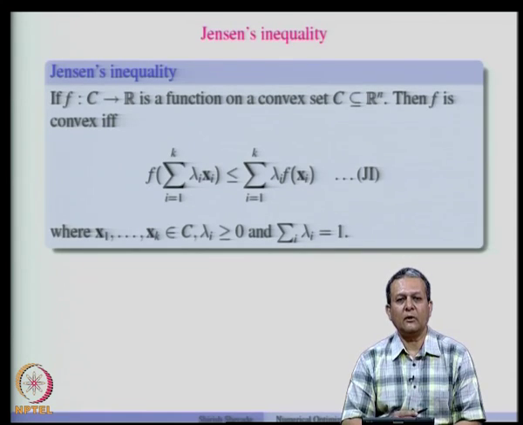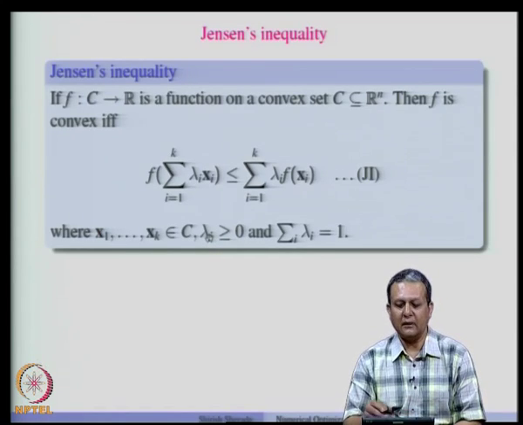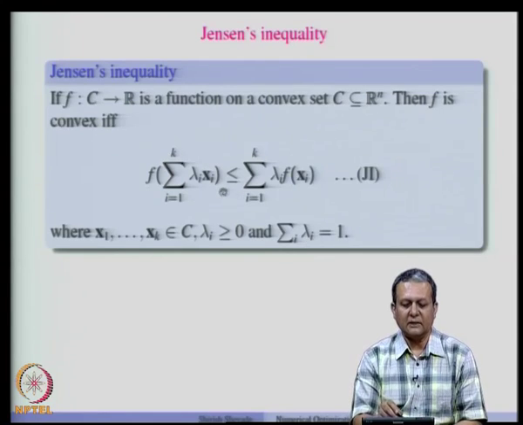Now, instead of taking only 2 points, if we take any k points from the set C and k lambdas which are non-negative such that their sum is 1, then Jensen's inequality says that a function is convex if and only if